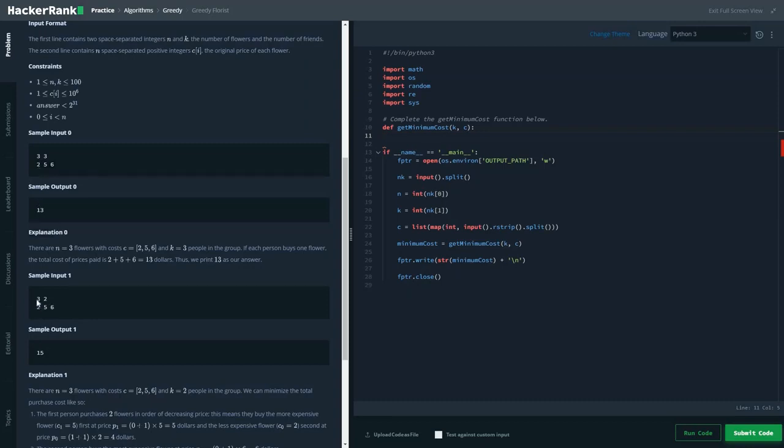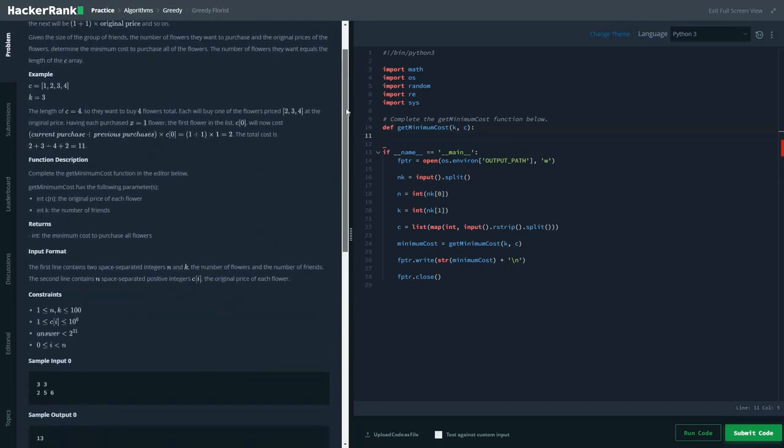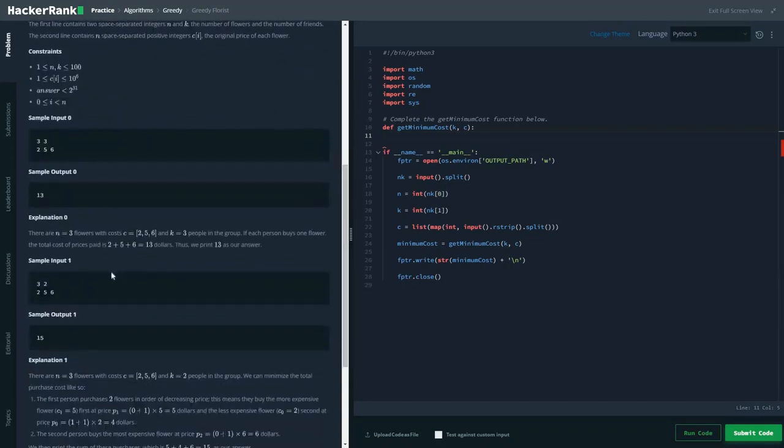Here is a similar case, but the total number of customers here is 2, while the total number of flowers here is 3. So at least one customer must purchase a flower twice, and then, as you know, the florist is a bit greedy. If the same customer is repeated twice, he would be increasing the price by 1 plus 1 multiplied by the original price, which would be twice the original price.